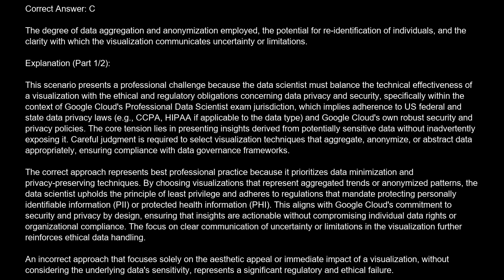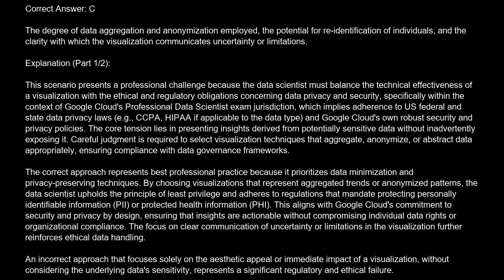jurisdiction, which implies adherence to U.S. federal and state data privacy laws, e.g., CCPA, HIPAA if applicable to the data type, and Google Cloud's own robust security and privacy policies. The core tension lies in presenting insights derived from potentially sensitive data without inadvertently exposing it. Careful judgment is required to select visualization techniques that aggregate, anonymize, or abstract data appropriately, ensuring compliance with data governance